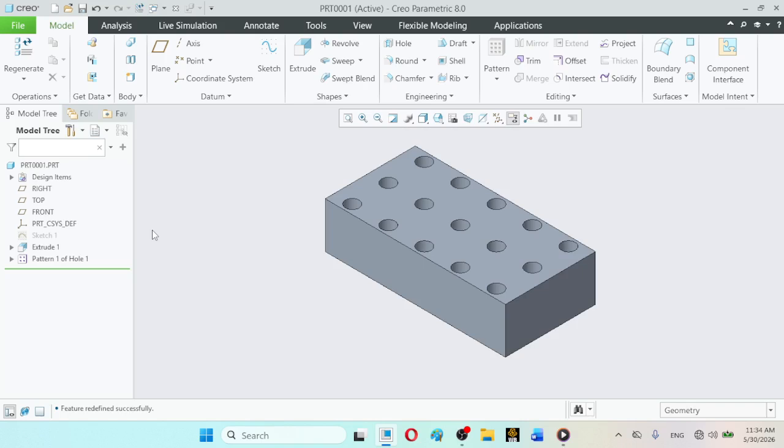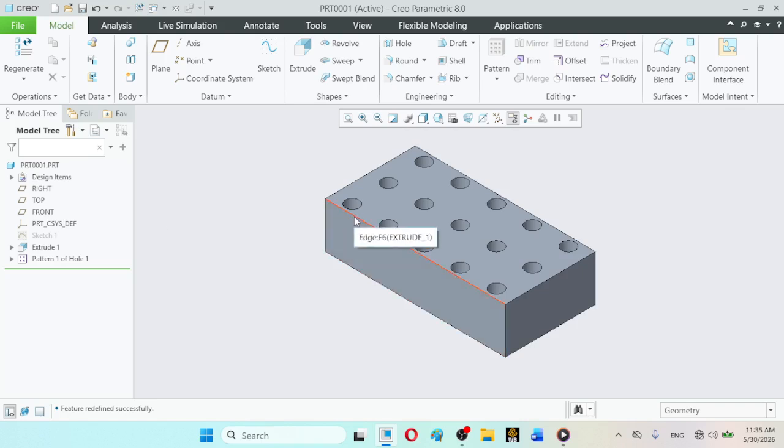So what you have learnt is that in the direction type of the rectangular array, the first method for defining the direction is by selecting the edge. The edge which is available in that direction will automatically define it.